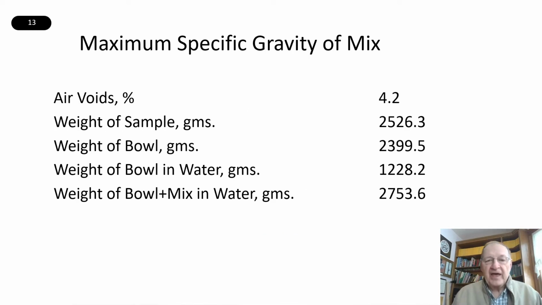So let's look at another example. Here we are not told what is the A, the B, and the C. We need to determine that from the information that's given to us. Once again, there's some extra information in here which is not needed, that being air voids. We need to know the weight of the sample in air. So where is that? Weight of the sample in air is right there,